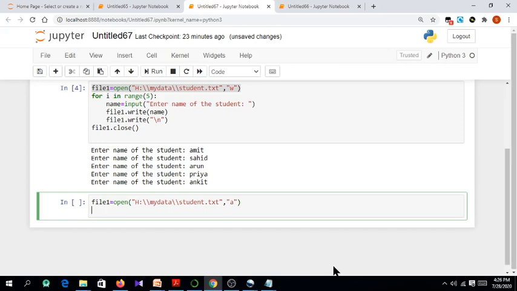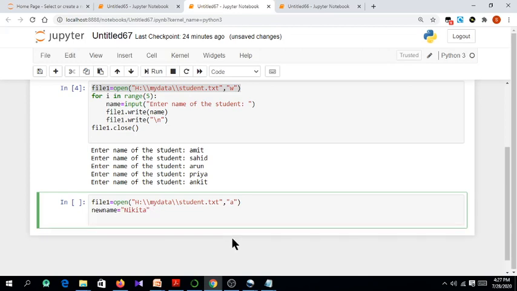Okay, now the sixth name I want to add. Suppose I want to add a new name, with some variable that I'm using. The new name I want to add is, suppose, Nikita, this new name into the file. Now here we don't have any specialized function for append like we have for reading and writing. In read we have readline, readlines.